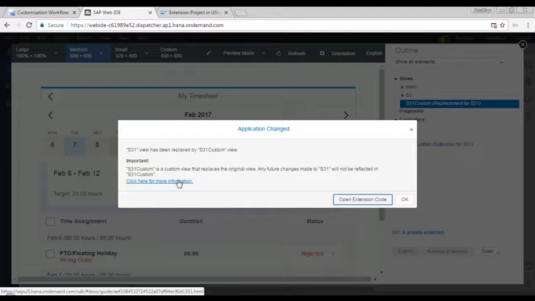Yeah, because you are replacing it completely. So I say, yeah, fine, no problem. Especially, replacement should always be the last option, guys, be it the controller replacement or the view replacement. Please try to avoid these replacement options, because if you replace them, they are replaced by your code and you